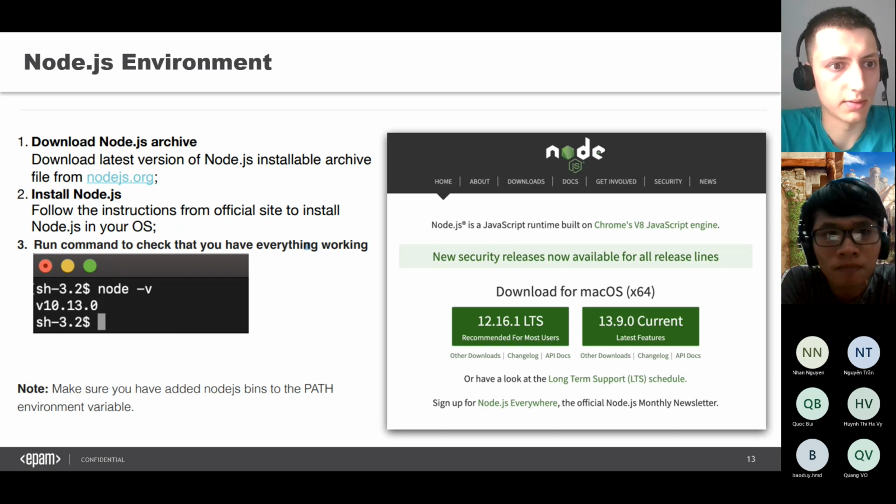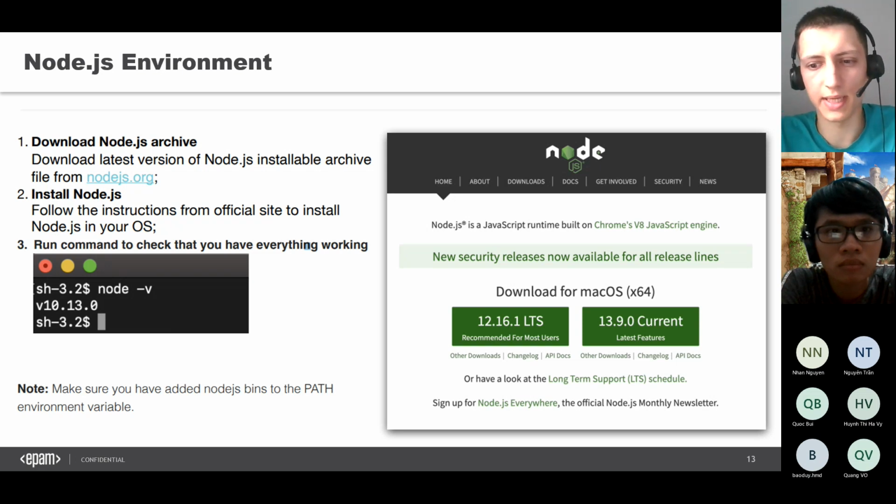After the download and installation of Node.js are done, you can run node -v inside your terminal, and you'll see the output. It's the version of Node.js installed on your computer. So if you need to install Node.js, just open this site from your computer.